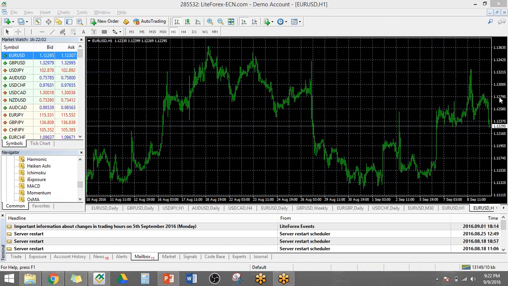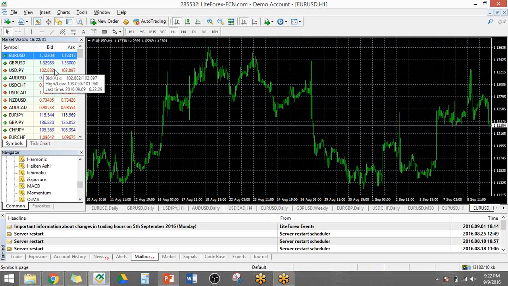Anyway, so whenever you open your MT4 and then open your live account or demo account, this is what you'll see. Okay? You have four major areas. You have your market watch, you have your navigator, you have your terminal, and then you have your charts over here. So let's start with the market watch.